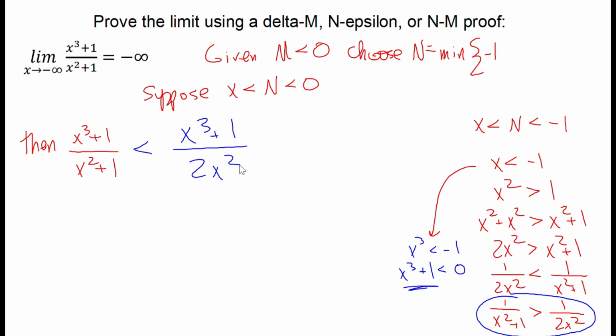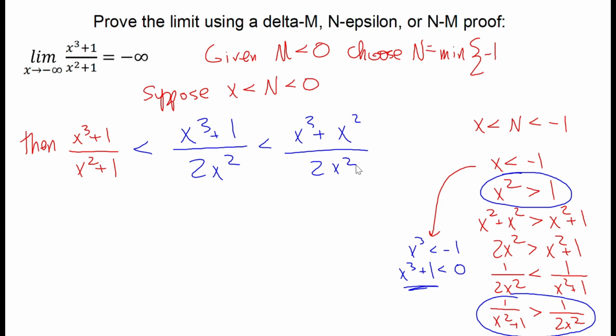that numerator seems like it's getting to be a bigger thing, but since it's a negative value, even though it's a negative value, it's becoming a larger thing in that numerator. So I can replace that 1 with something that I know is more than 1. And something that I know is more than 1 is x squared. So I can say that this is less than x cubed plus something more than 1, x squared, over 2x